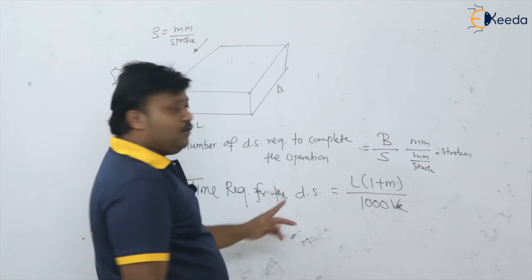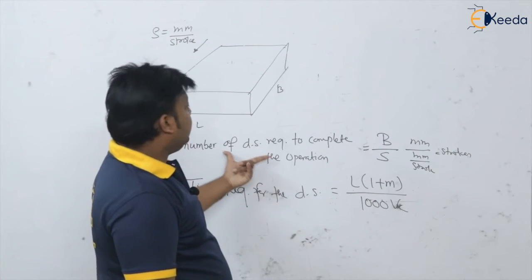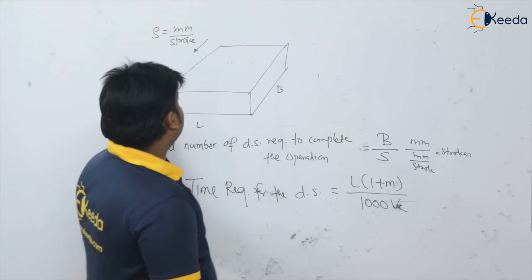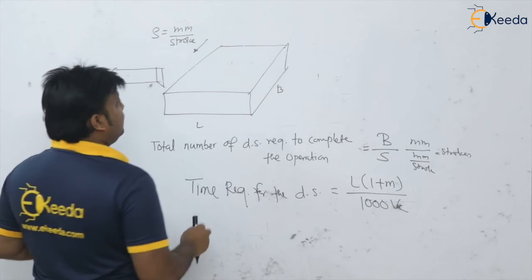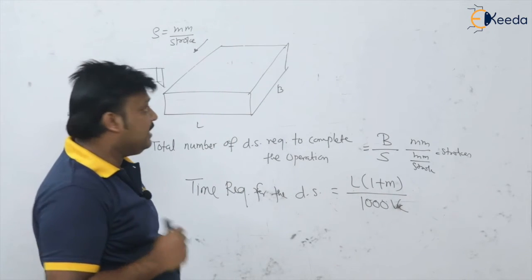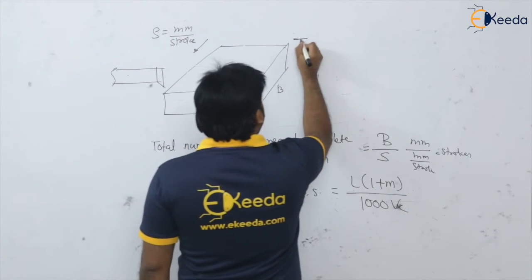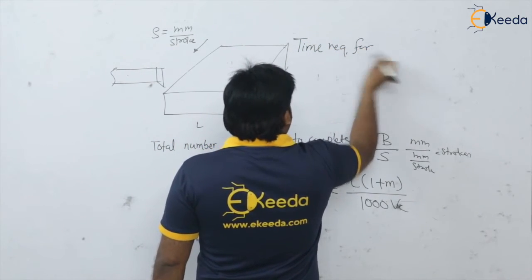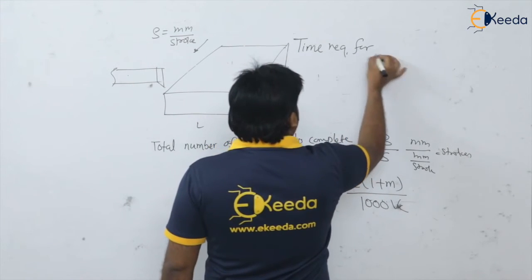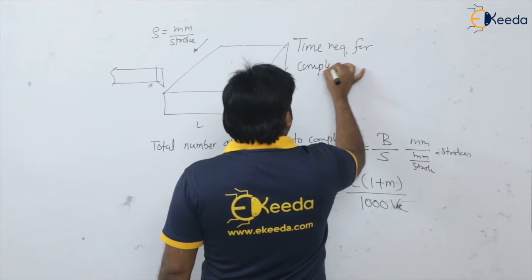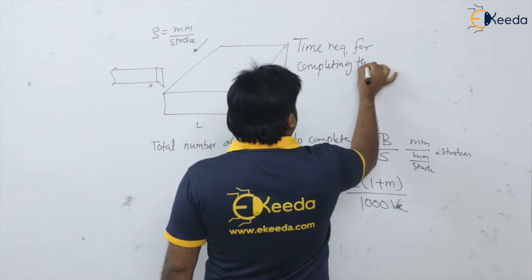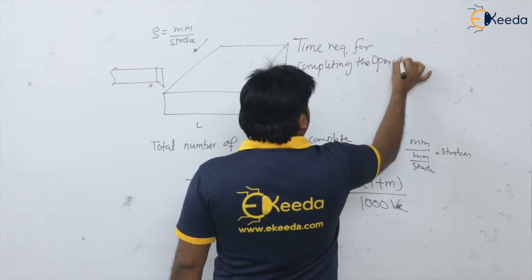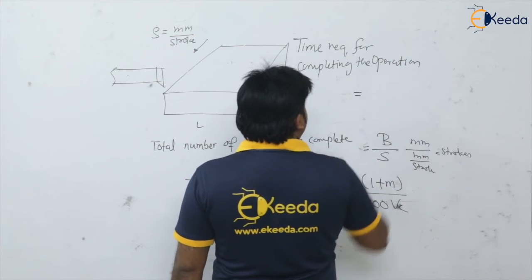If this is the time required for a single double stroke and these are the number of double strokes, then for finishing this entire operation, tell me how much time you will require. That is the time required for machining, time required for completing this shaping operation. How much? This will be